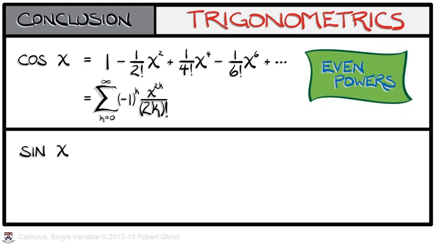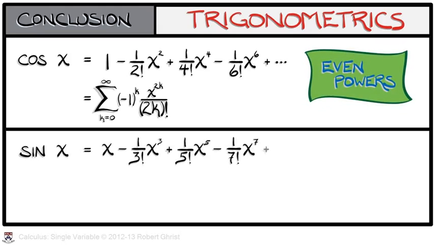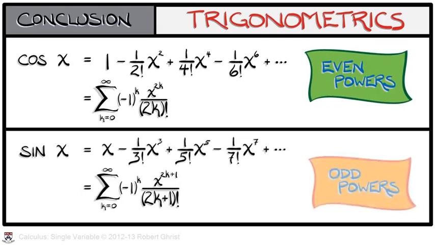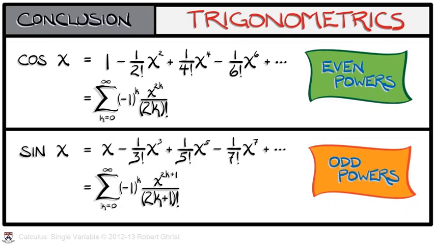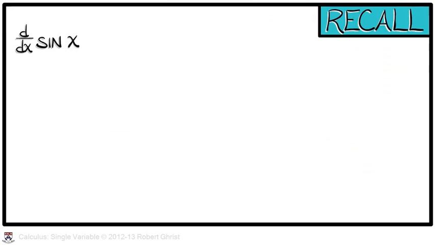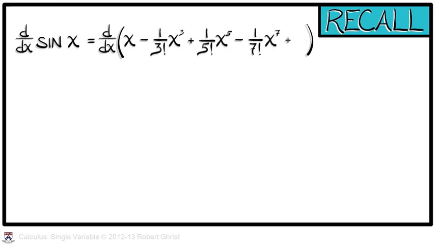Likewise, for sine of x, we can write this in a summation notation with a similar idea as the sum, k goes from 0 to infinity, of negative 1 to the k times x to the 2k plus 1 over quantity 2k plus 1 factorial. This gives us the odd powers of x. Now you may recall that the trigonometric functions have some very nice properties with respect to calculus. For example, you may remember something about the derivative of sine of x. Let's see what happens when we take our newly derived expression and differentiate it as if it were a long